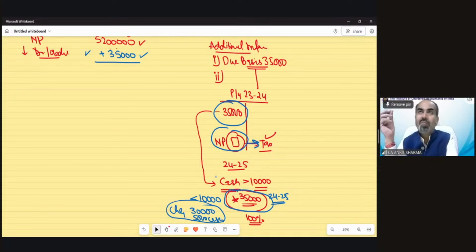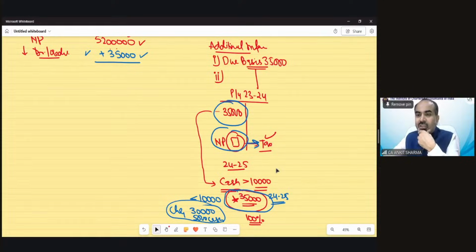It is just like this. Suppose in 21-22, you claimed 1 lakh rupees of bad debts written off as a deduction on the debit side of your P&L. It is allowed if it is written off. And in the previous year 24-25, there is a recovery of bad debts. Out of that 1 lakh, you have now recovered some. We cannot change the bad debts allowed in 21-22, we cannot go back in a time machine and rectify it. But whatever amount has been recovered is going to be taxed under the PGBP head. Exactly that's what we are doing here.